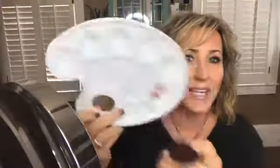But to show you guys how to use the cream blush today, I do take a different brush for that because I don't want to put cream in my powder, the one I use on the bronzer and the highlighter. So I am going to dip into, there are 3 colors, Blooming Berry, Pinkaboo, and Tuscan Sunset. I'm going to use just a dab of the Blooming Berry. And I've put it in this little, you guys, this is like a kid's artist palette. I was going to order a really expensive, fancy makeup artist one, and I thought, that's crazy. This does the same job. So I'm putting it in there, but I'm kind of rubbing it right back off. And then I will come in,